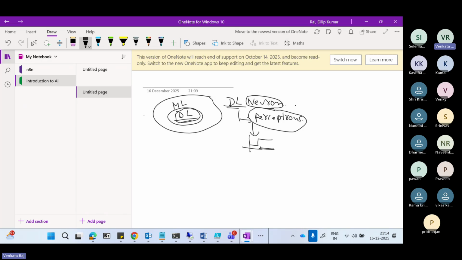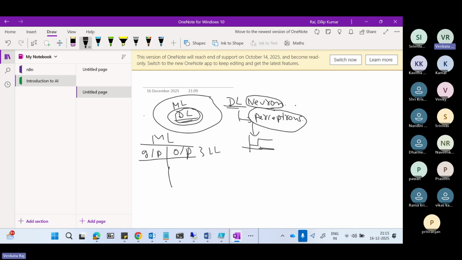And in machine learning, what we do generally, when we feed the input and the output data to a machine learning algorithm, or a model, when training a model, we feed the features of the input. And what are these features? Like if we are going for a classification problem, like training a machine learning algorithm to differentiate between different images like a cat and a dog.